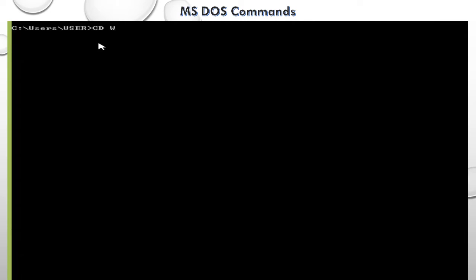Next, copy con. It is used to create a text file in MS-DOS. Type your required information, then press Ctrl plus Z, and the file will be created.